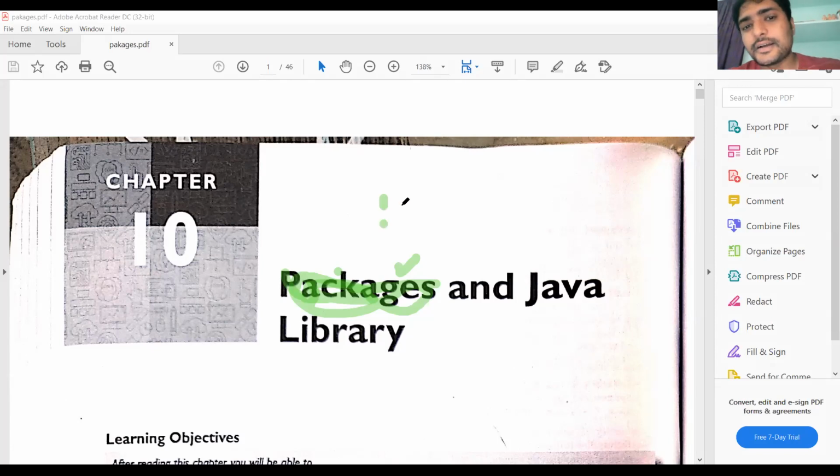And then we have seen the syntax for importing the packages. For example, import java.util.*. Asterisk means all the classes available in the package util will be imported to our program. If you know the class name, you can give the class name, like import java.util.Arrays. If you don't know the class name, you can use the asterisk symbol to import all the classes from that package.